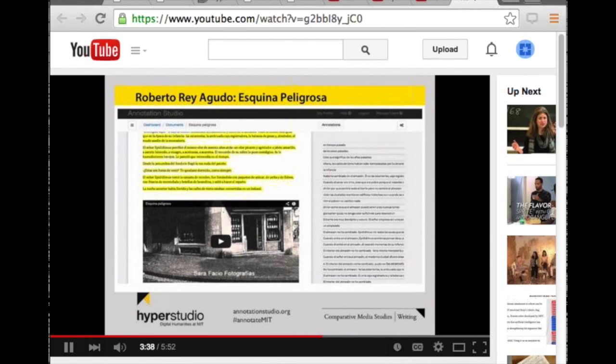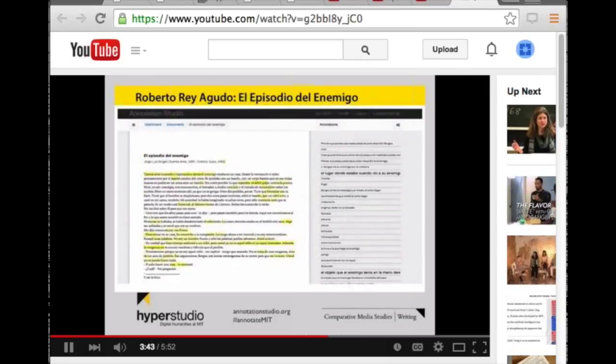And finally, I have chosen one last reading to showcase briefly how Annotation Studio, as a multimedia platform, allows the integration of media and text in a way that is germane to the understanding and analysis of the original text. I'm showing a fragment of a poem by Nicolás Guillén, Sensemayá, which has sort of a ritual chant rhythm to it. And what I did was to embed a recording of Guillén himself reading his poem, which enhances students'